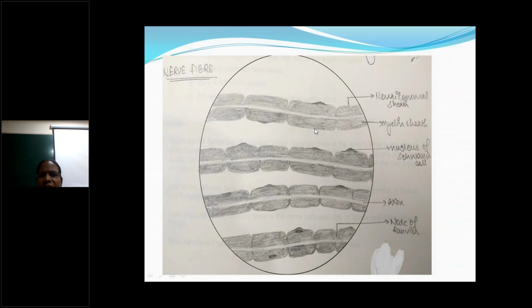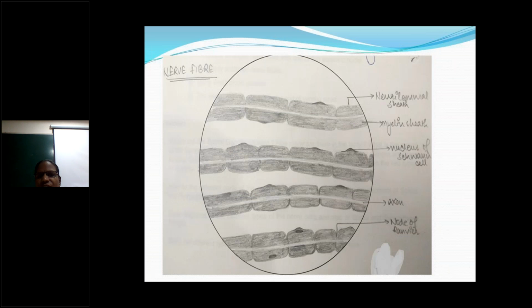Surrounding the axon, in the peripheral nerve fiber, this is the myelin sheath. In the peripheral nerve fiber, the myelin sheath is formed from the Schwann cell. This is the nucleus of the Schwann cell. Small gaps are seen between the myelin sheath. This we call the nodes of Ranvier. And you are able to see a continuous sheet-like appearance surrounding the entire nerve fiber. That we call the neurilemma. So bundles of axons are present in the peripheral nerve fiber.